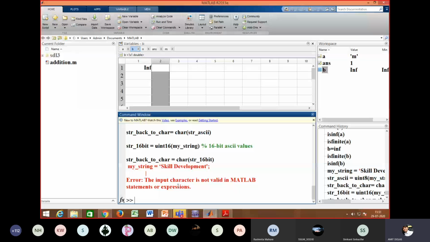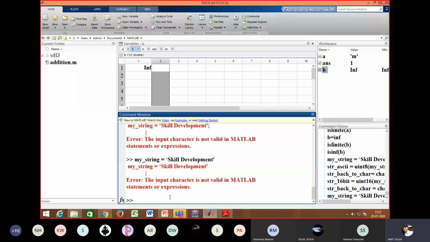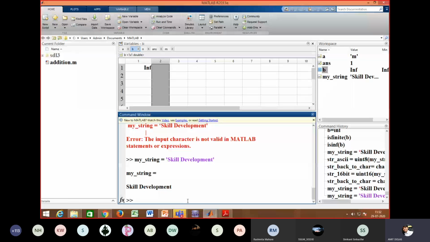So first I'm generating a string. The input character is not valid in MATLAB statement or expression. I already used this function on my laptop, but here there are a lot of changes in data types. My string is equal to skill development. Okay, there is one. Okay, so my string is now executed.